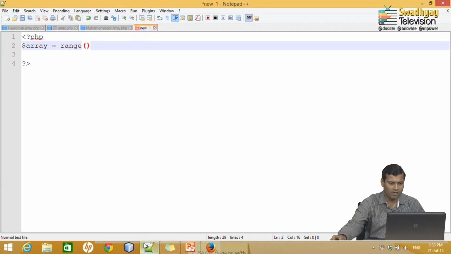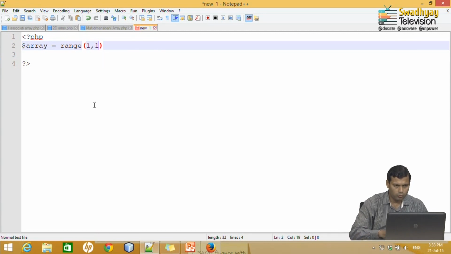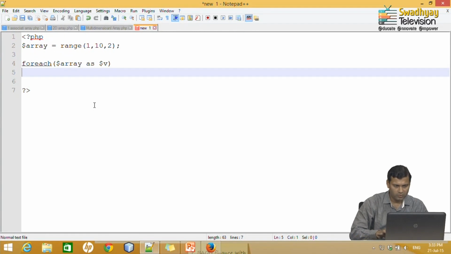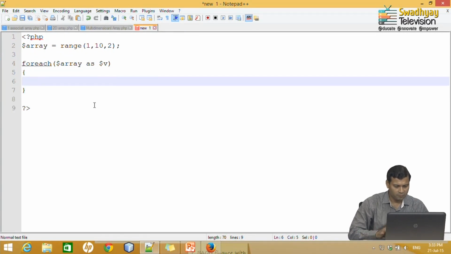Let us say I write range is 1 to 10 with step 2, and now I can display it with foreach, $array as $value, and I just want to display the value of this array. So, I type with tab and $v.